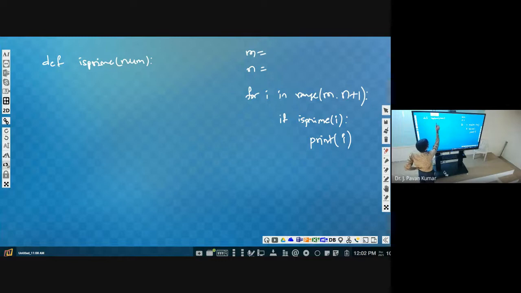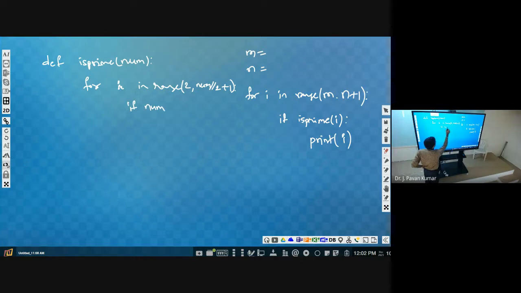So is prime, now we will be repeating a loop. What was it? For I in range of 2 to n by 2 plus 1, we will be checking if number mod I is equal to 0.